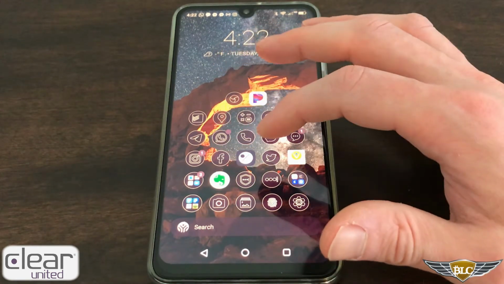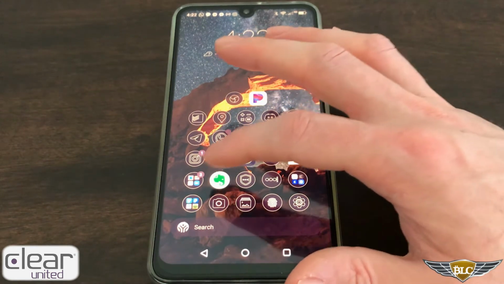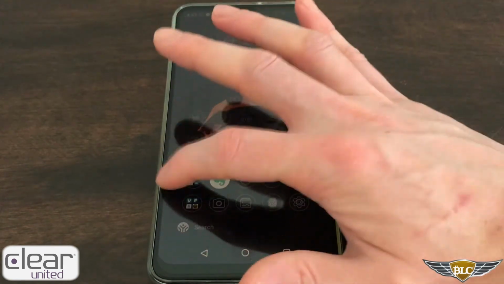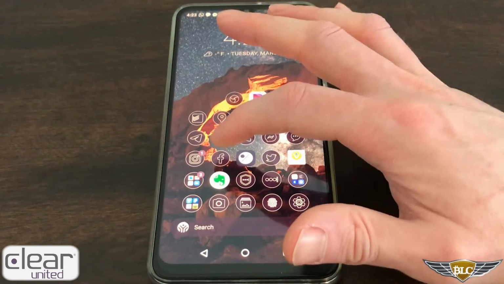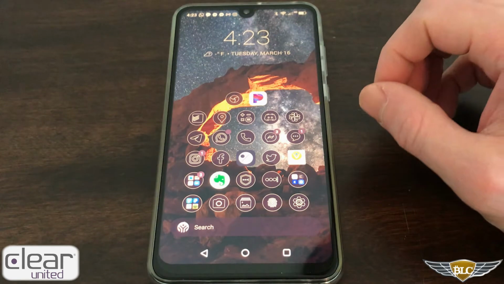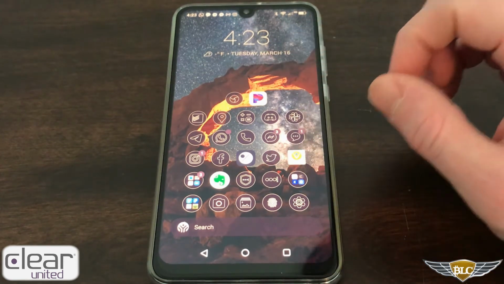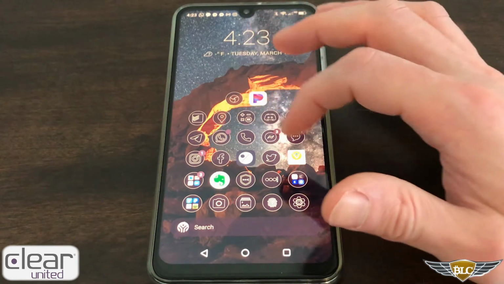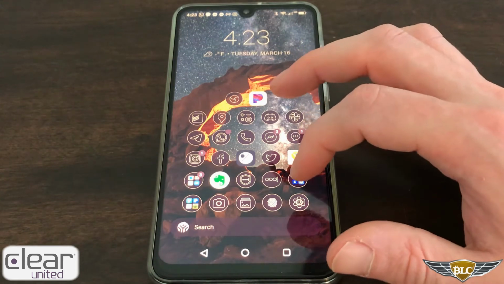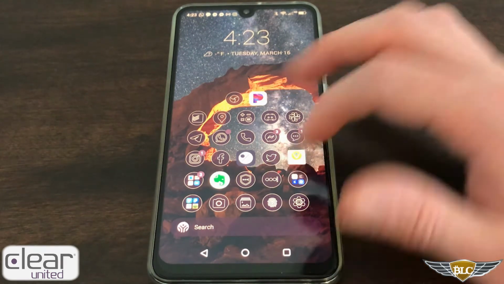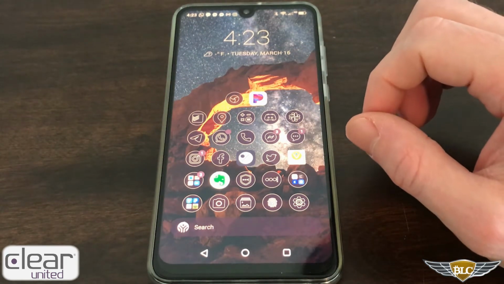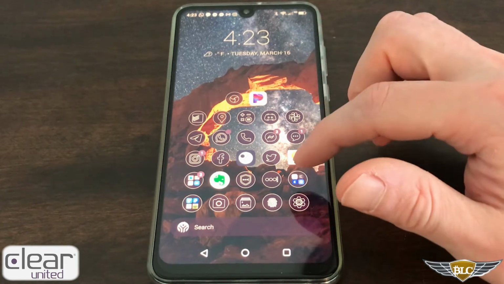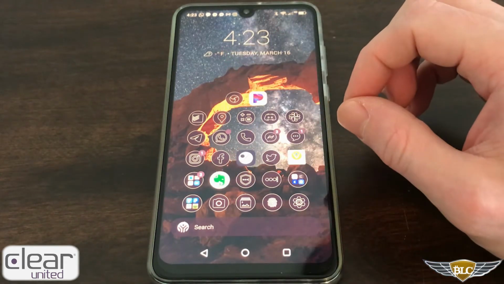Some of these are actually Clear iOS apps like my Facebook, I believe the Instagram is, the WhatsApp, the Facebook Messenger, Twitter. Some of these other ones are Google apps like my LastPass, for example, my Pandora, Evernote.